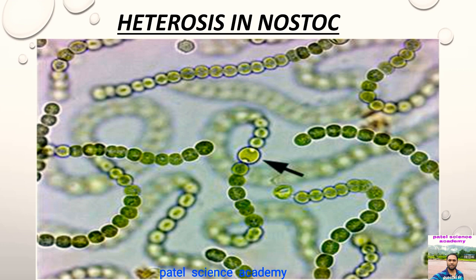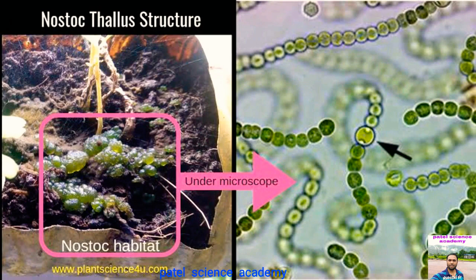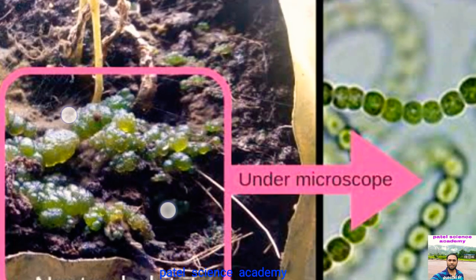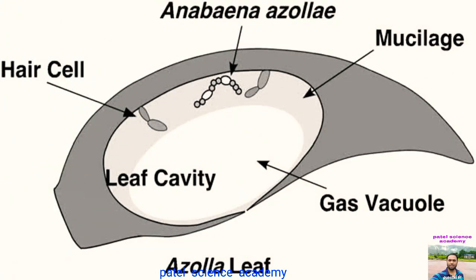Besides this there are some other examples too. The examples of fungal biofertilizers are ectomycorrhizae and endomycorrhizae. All that we'll see one by one here. First, this is the Nostoc thallus, and it is used to provide nutrition to the plants. So these are the Anabaena and Azolla plant. Anabaena and Azolla live together.